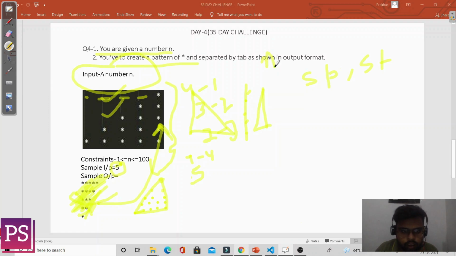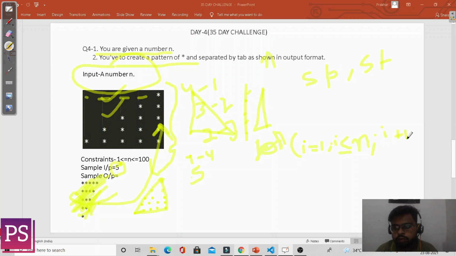Now we take a for loop, for i equals 1, i less than or equal to n, i plus plus.